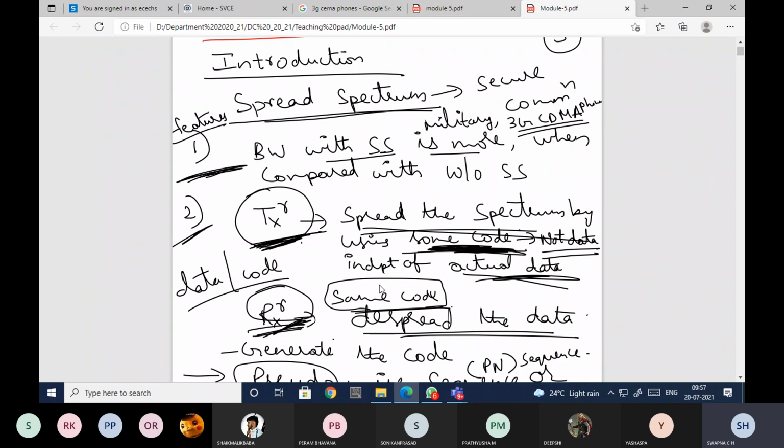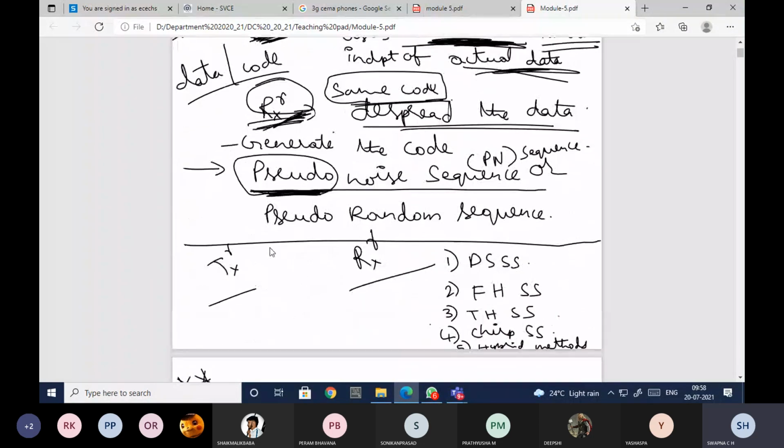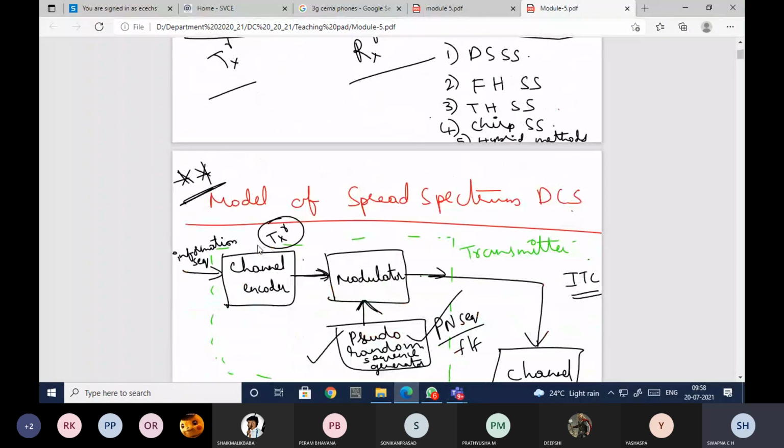Only if the pseudo noise code generated at the transmitter end is used at the receiver end will you be able to retrieve the original signal. These are the compulsory things that need to be adopted in spread spectrum communication.